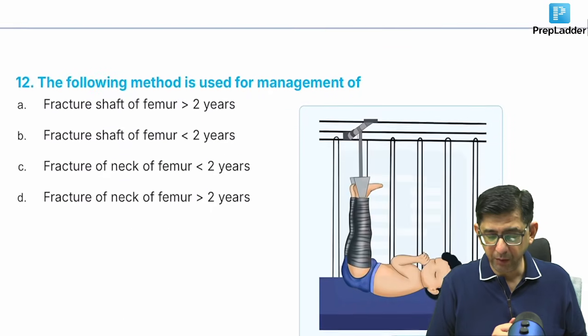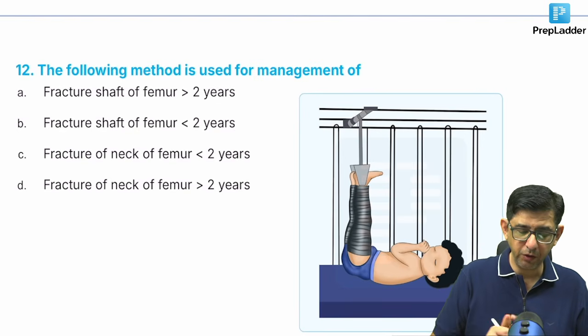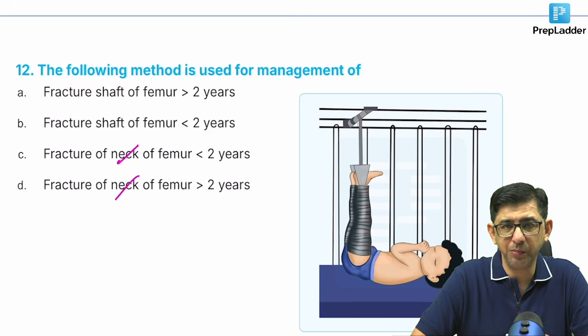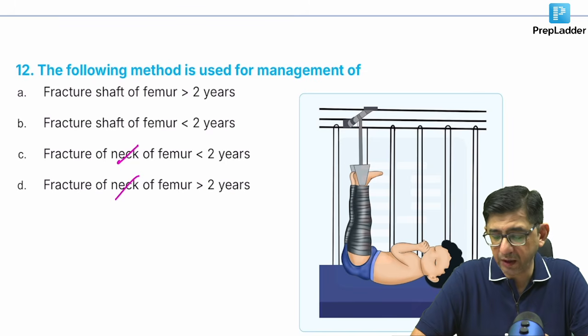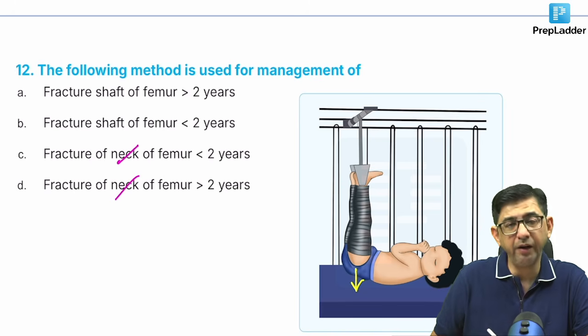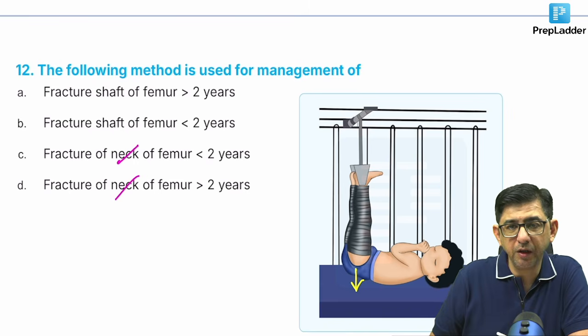We move to question number 12, very classical. There is a fracture of the shaft of the femur. Obviously, it's not the neck of the femur here. If it's a neck of the femur, we'll do operation as soon as possible. But for this, it is a traction, that is we are using the body weight as a method of generating traction so that the bone edges would be approximated and therefore the healing will occur properly.